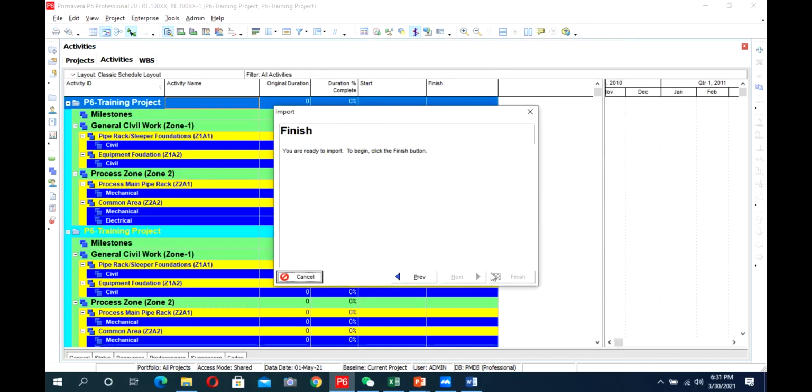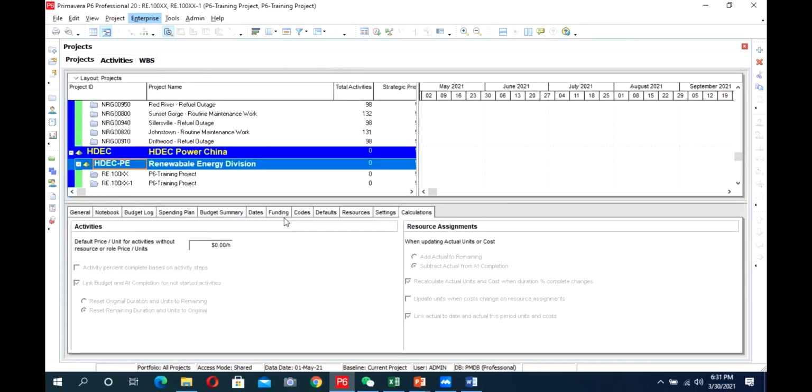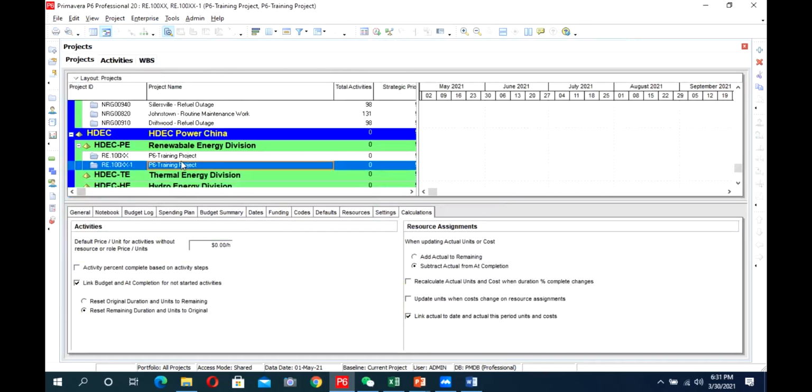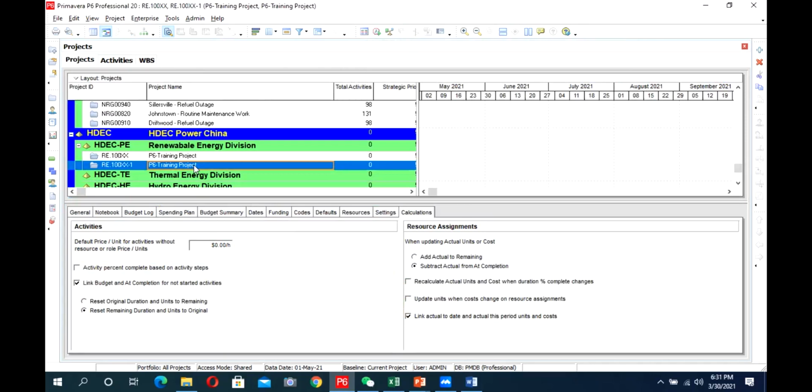So you will have this file imported in your system. Like this. Now this is the initial project which I already have. This is the one which I just imported now. So you can continue your work on this file. So that's all from today's exercise.